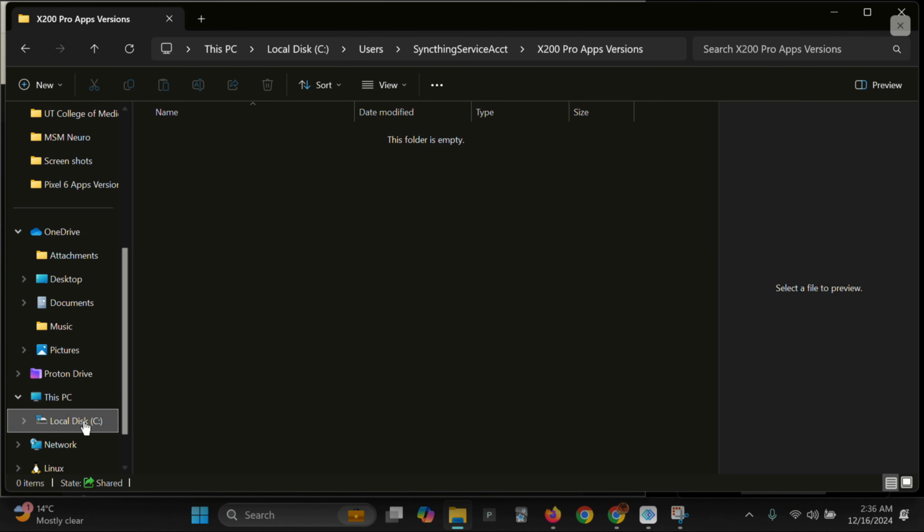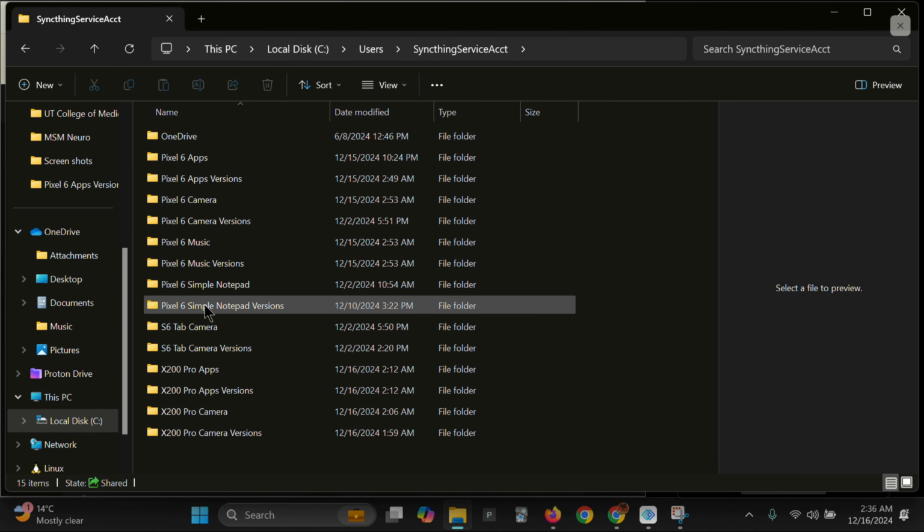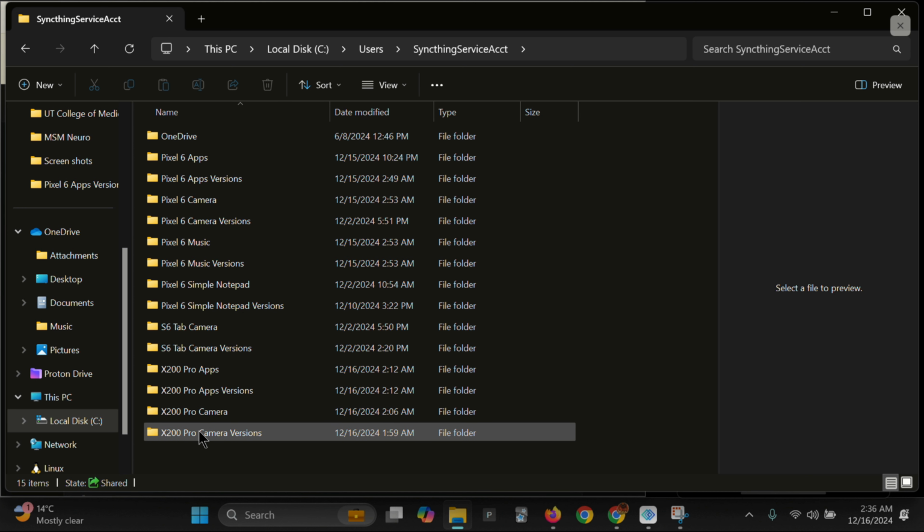So I have all my Syncthing folders in like this one Syncthing folder after users, and so I'll create another folder for the versions. You can see that for each one I have a version for it. So the versions kind of go with the changes that happen to the folder. So I'll go back to my,